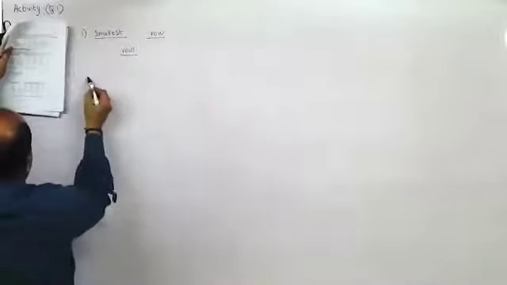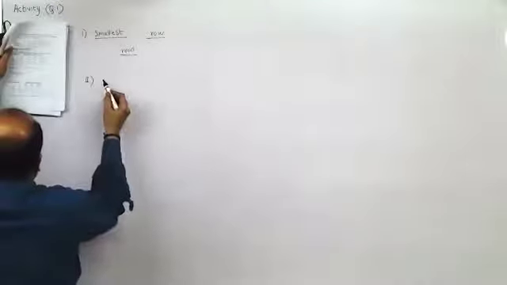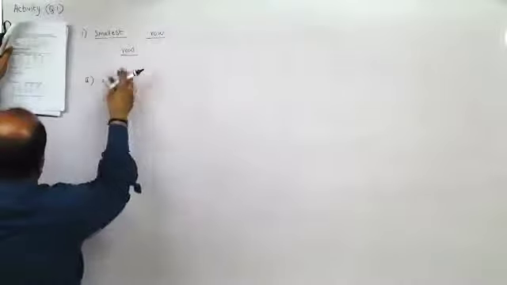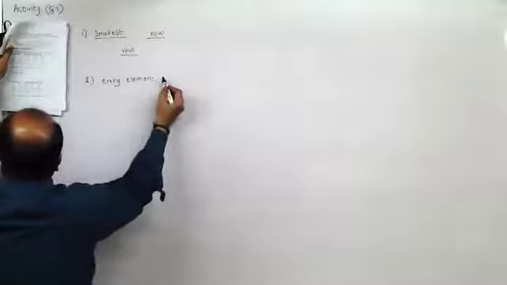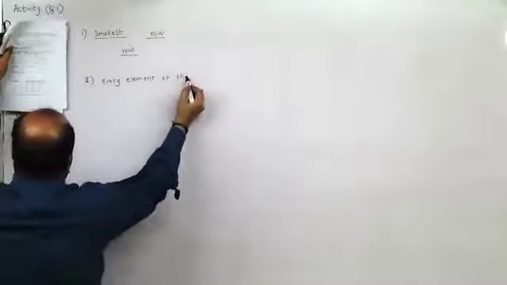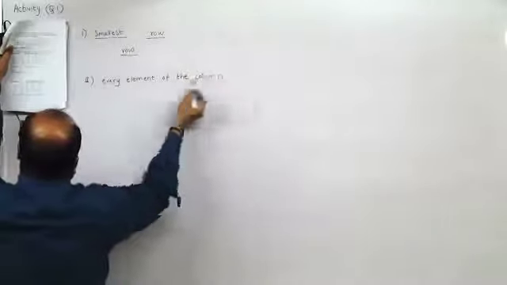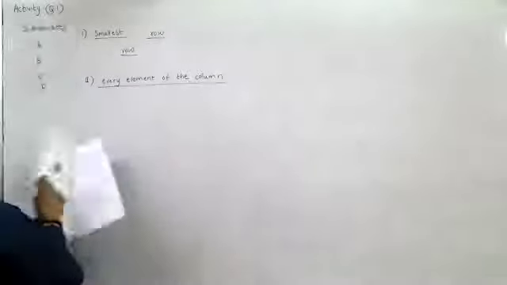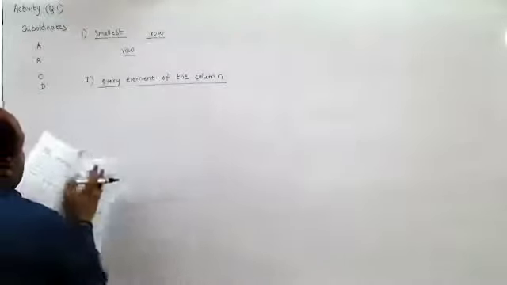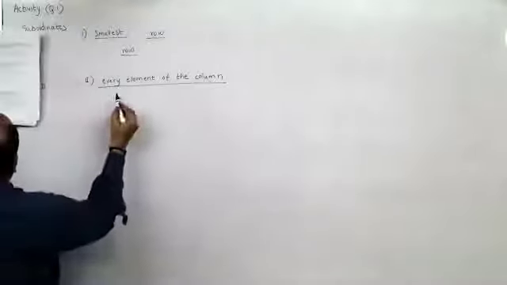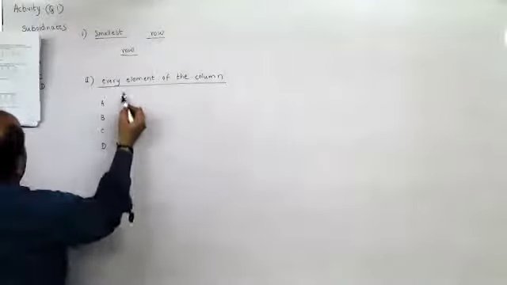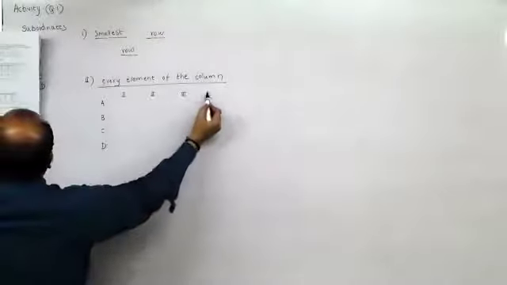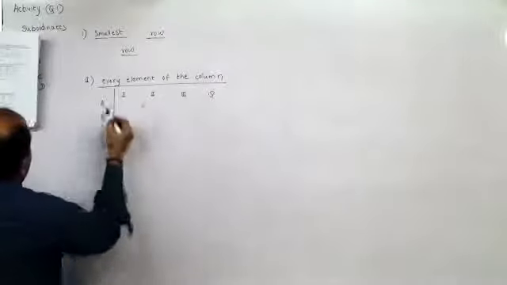This is the first one. Second one, subtract the smallest element in each column from each element of the column. From every element of the column. This is the second one. This they haven't mentioned. So here, when you take it, this would be A, B, C, D, 1, 2, 3, and 4. This is to minimize first of all.